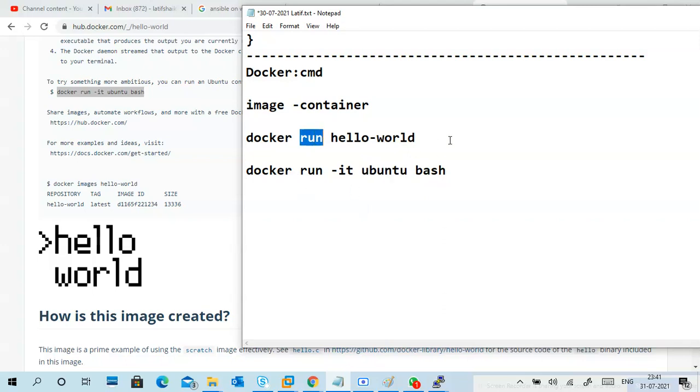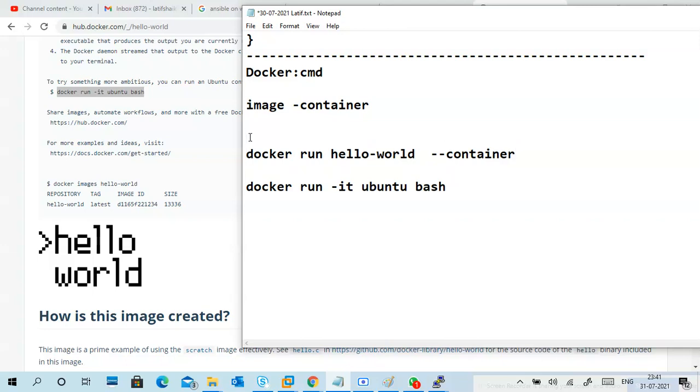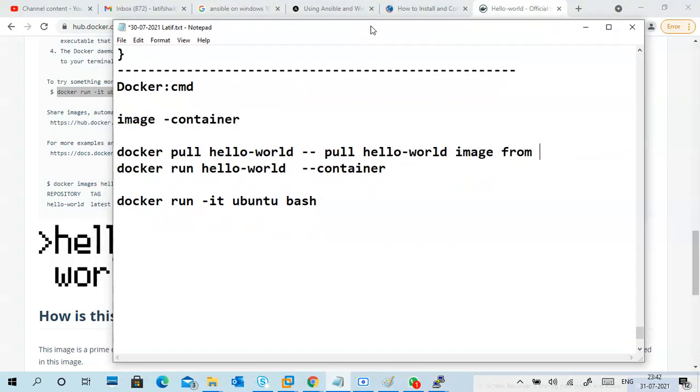So when you say run, it means you are creating a container. So I will put the difference between those things, like docker pull, example hello world. It means you pull the hello world image from Docker Hub, hub.docker.com.